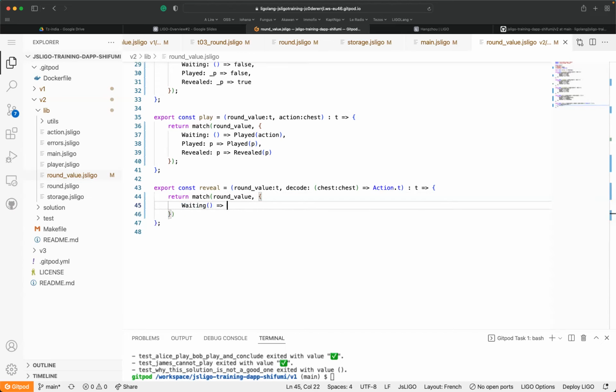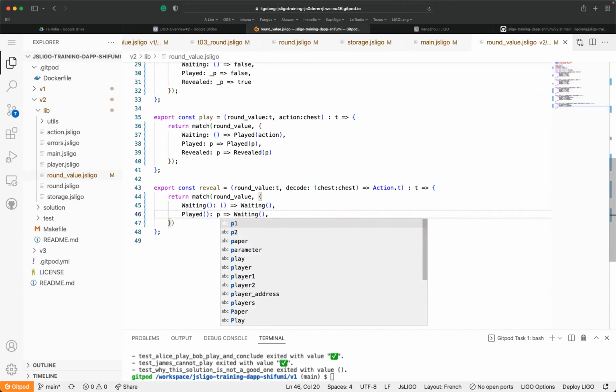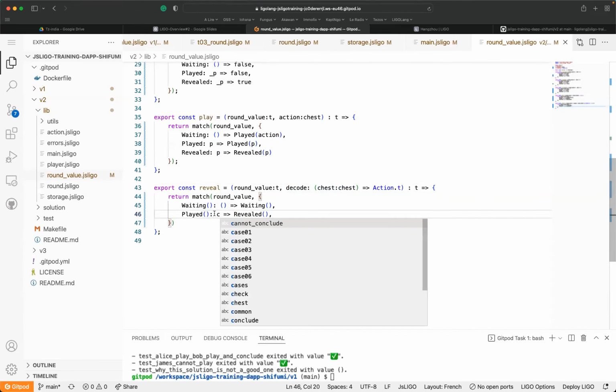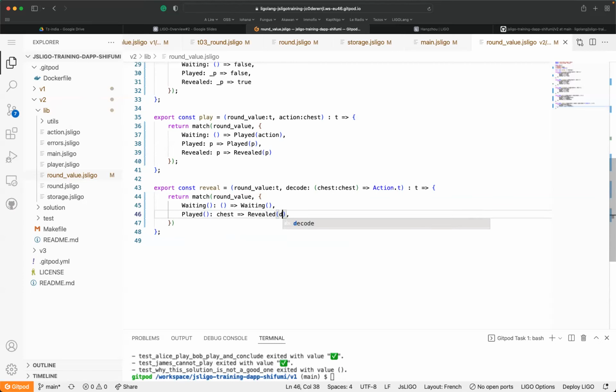If we are in played, and we would like to reveal, so therefore we can say, okay, we are in the play status, we would like to reveal, okay, so we can return a revealed operation and use the decode function in order to retrieve the action from the chest, and the chest is here. So I'm going to name it chest here, so we can call reveal with decode of chest. I can explain why I use this function, because the functionality of chest and so on cannot be used